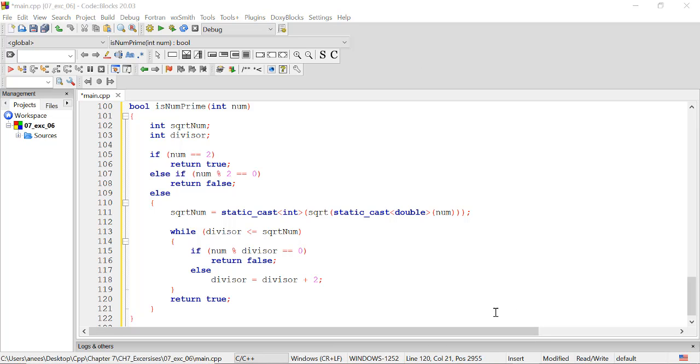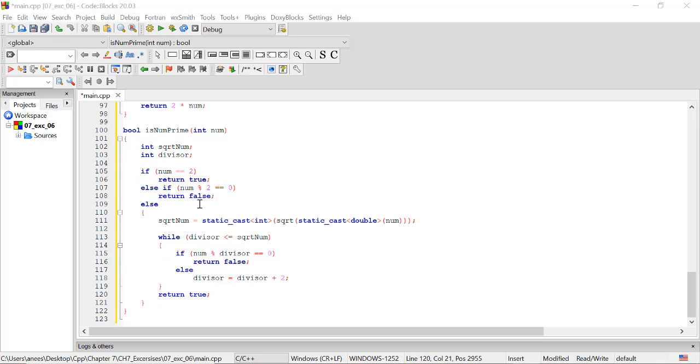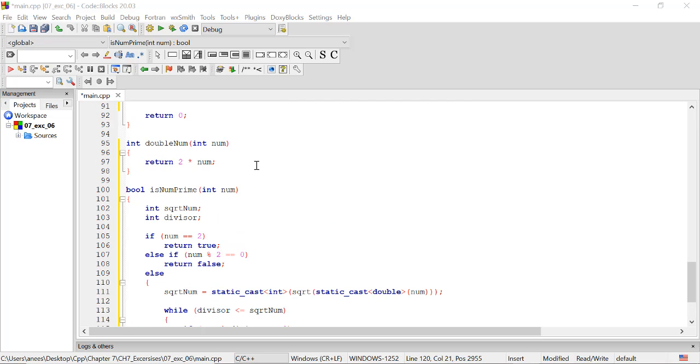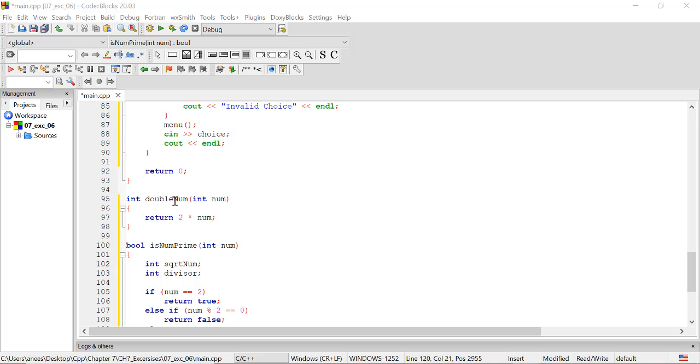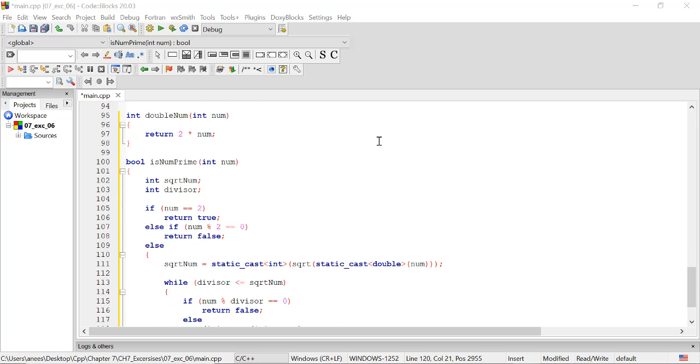Now I think right here is a good time to step back and take a look at what we just wrote. If you take a look, double num is pretty simple. You just double the number. And for is num prime, you may know that if the square root of a number,